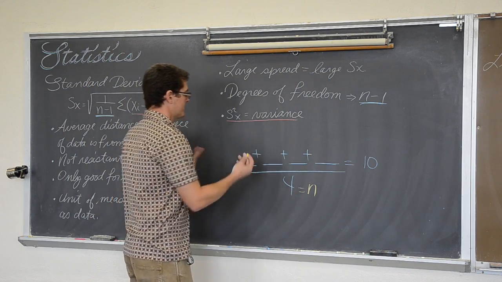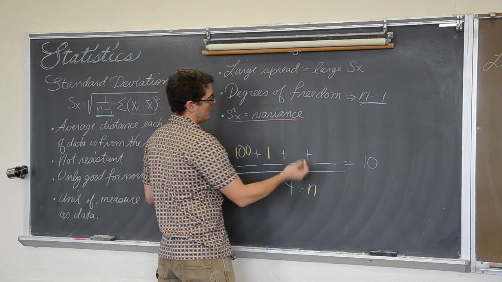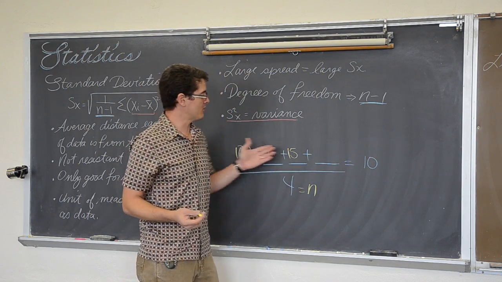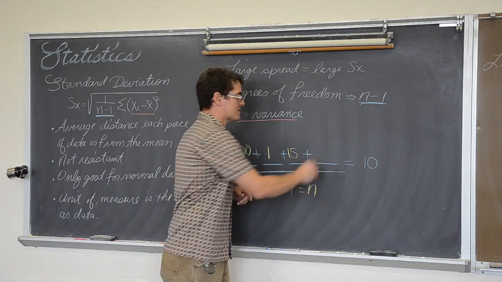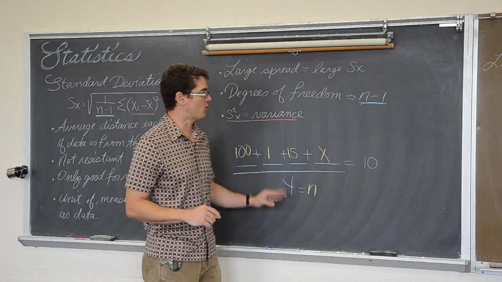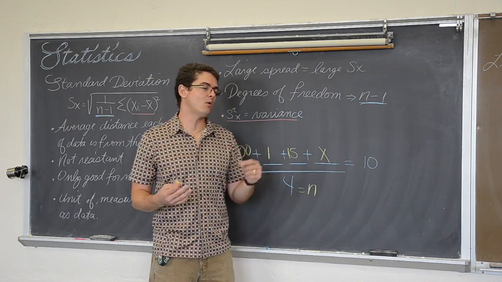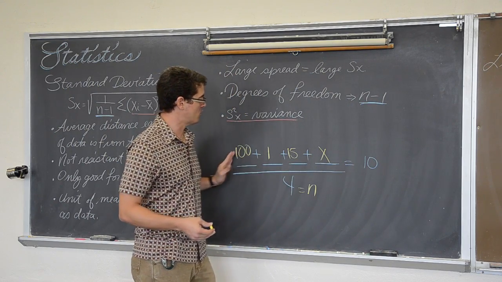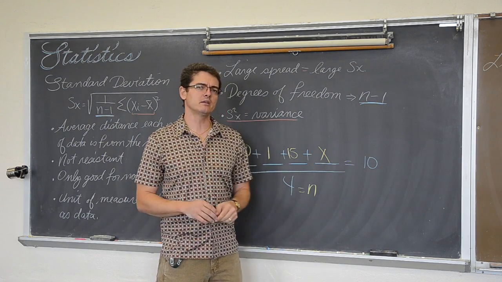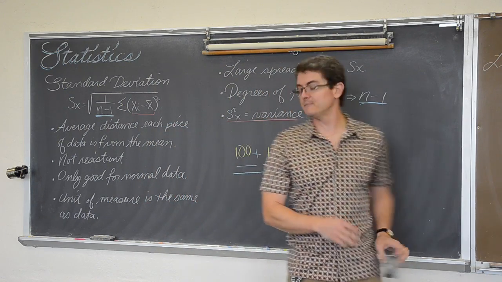At any rate, 3 of these numbers can be anything. 1,000, or 100, or 1, or 15. I don't know, I could say anything, but as soon as I get to the last number, that last number is not allowed to vary freely. 3 of the 4, n minus 1 of the pieces of data, can vary freely. However, that last one will have to be such that when you add these up and divide by 4, you get a value of 10. That's just my idea of explaining what degrees of freedom are.